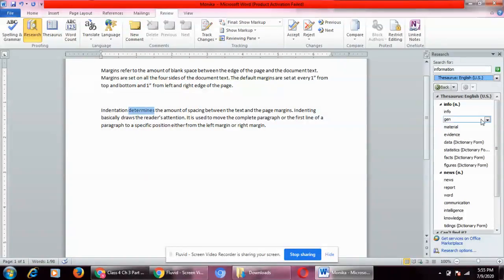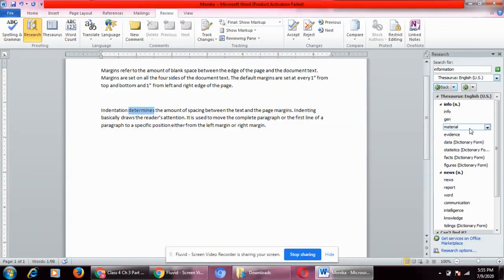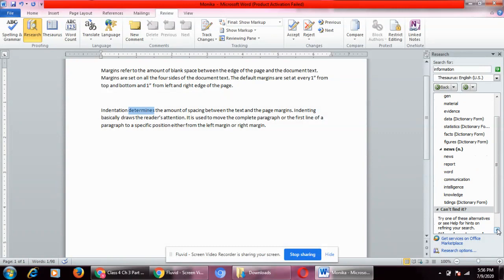You can see on your screen, there are so many synonyms I can find, like info, gen, material, evidence, data, statistics, facts, figures, news, report, word, communication, intelligence. But there is no antonym of this word.